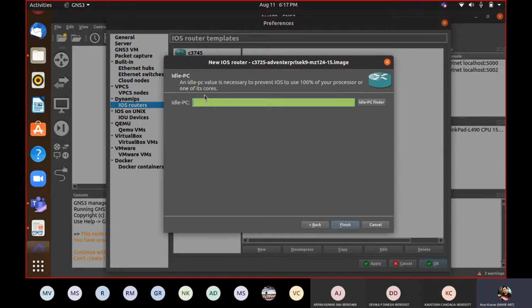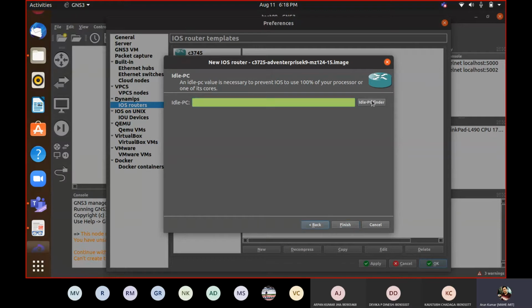In our last embedded systems course, or in any programming, have you noticed those loops where you want your processor to always be engaged, looking for something to happen, those while(1) statements, where you don't write anything, or you write certain statements in between which will figure out that something will happen eventually, and your loop will be an infinite loop, while(1). So the idle PC value will trace your whole IOS image file and look for those while loops or any for loop which is infinite in nature, which may engage your processor infinitely. So it will figure out those values in advance.